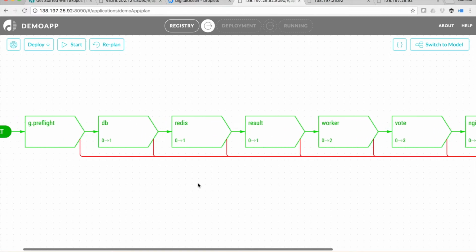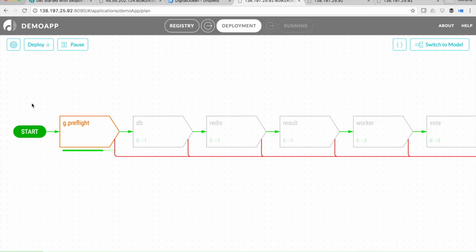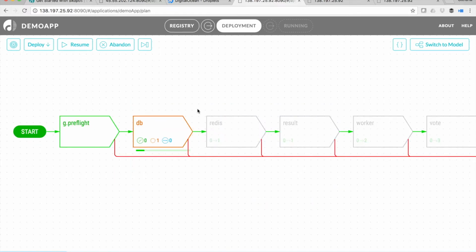I'm actually going to start the deployment now because it takes about 2 minutes, and while I'm deploying, I may give you some more information about the application. So I'm going to click the action button, Start, and you can see that there is a way to pause the application button too. So you can say, I started the deployment, but I want to pause it and I want to abandon it at this point. Or you may say, I want to step through this manually, one step at a time. So you have the ability to troubleshoot your deployment very clearly and in a visual way. I'm going to resume the deployment, and as we do that, I'm going to go back to the model and